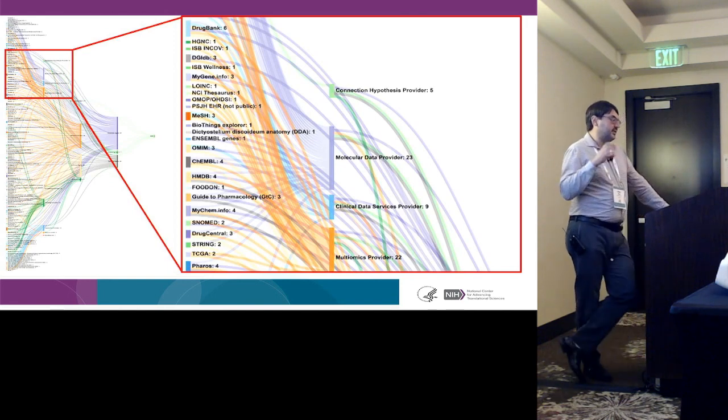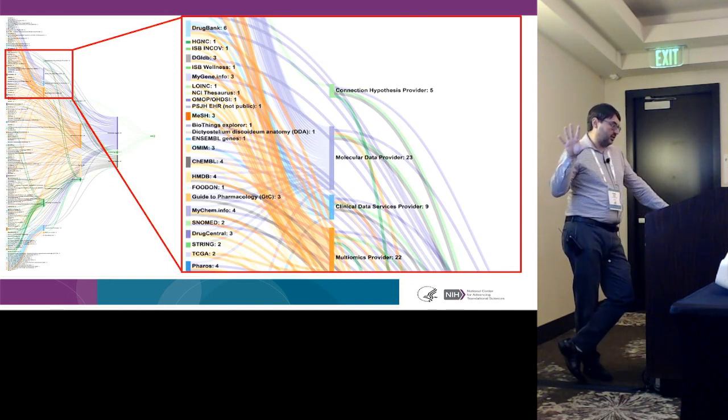I also wanted to show you just a taste of the data sources that we've ingested into Translator. And again, this is not complete. There are more sources than what are shown on this graph. But the Sankey diagram on the left shows a lot of those sources. And to the right is a blown up version of just a section of it. As you can see, we have tons of public data sources, and they're available through different knowledge providers and different